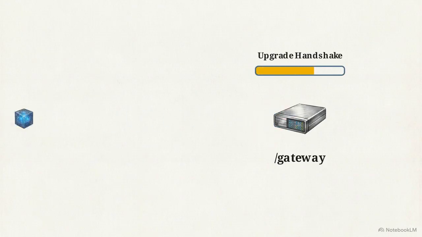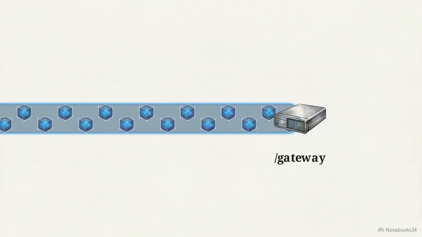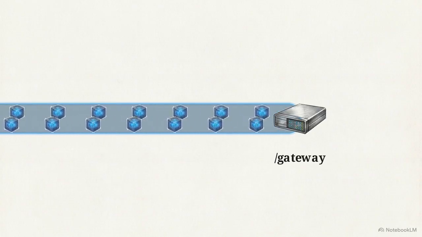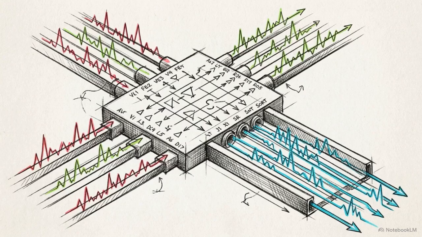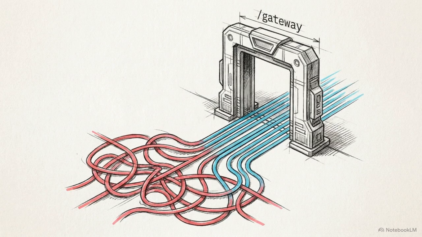The prompt directs the AI to eliminate this overhead with a protocol upgrade handshake, transforming individual requests into a persistent bidirectional WebSocket stream. To maintain this stream across distributed nodes, the system requires Layer 7's sticky session routing. This routing ensures that every audio chunk from a specific user is consistently directed to the same processing node. To protect the latency budget, this specific routing logic must execute with absolute minimal overhead. By isolating the gateway in the prompt, the agent is forced to resolve the connection overhead before it ever addresses